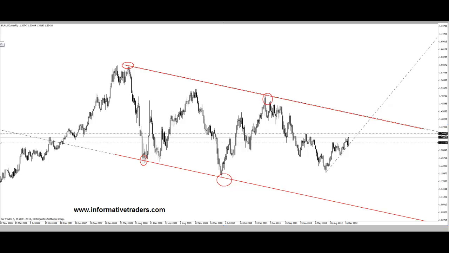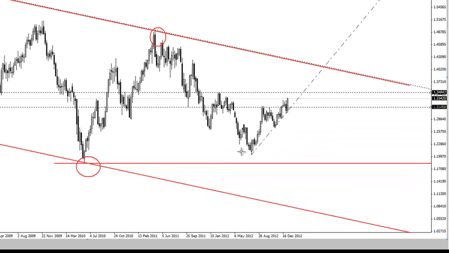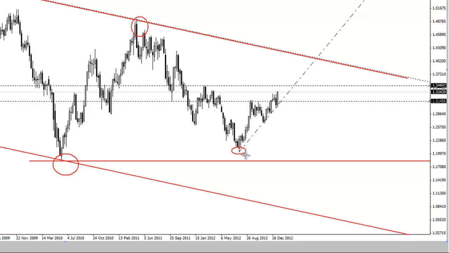Now we put a line across down here, we haven't quite reached that line, so we have made, looking at the weekly, that higher low at this stage. Now I would really love this level to be taken out before I get real excited,